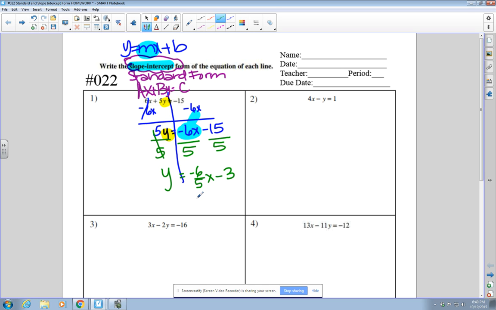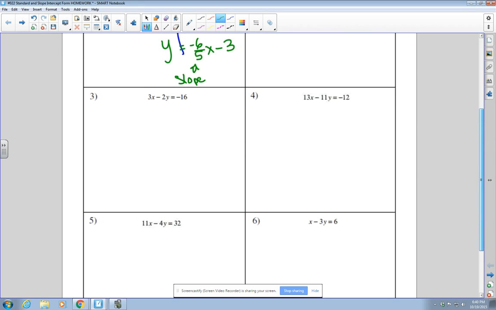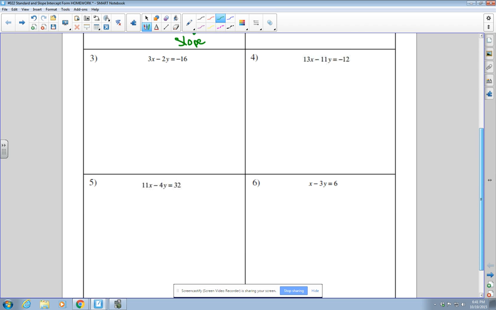Now, we like to leave it in fraction form. Keep in mind that the number right in front of x is our slope. And it's easier for us to calculate slope and graph slope on a graph if it's in fraction because slope is our rise over run. Okay, so now let's look at a different example. Let's look at number